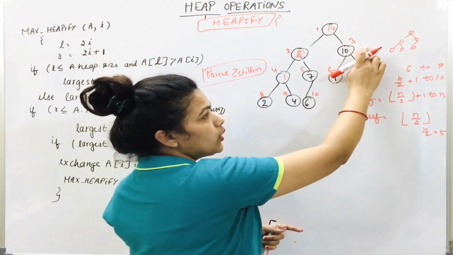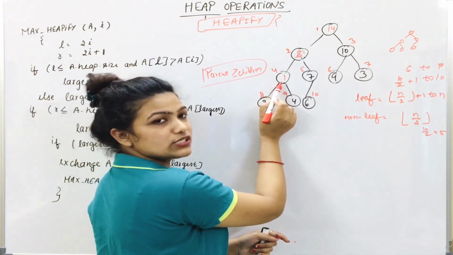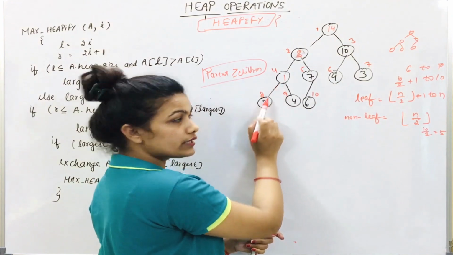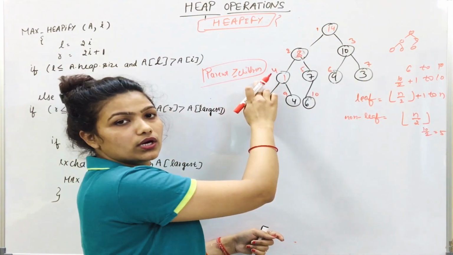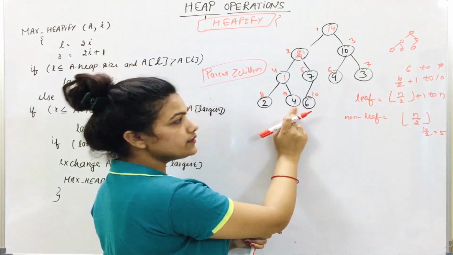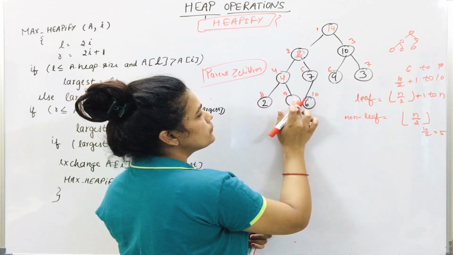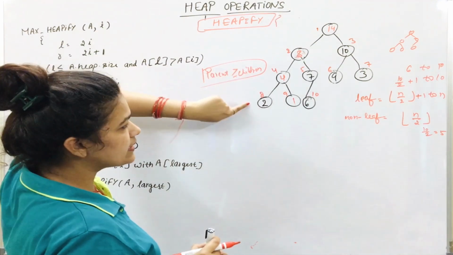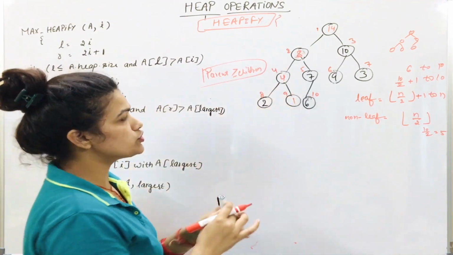Simple. Now we will move to the next index position, that is 4. Now here parent is 1, children is 2 and 4. Simply parent is smaller than its children. But what MaxHeap says, the parent should be greater or equal to children. Now which one is greater than that? 4 is greater. So 4 will go there and 1 will come here. Simply now you can see parent is greater than its children. This is okay. Now we will move to next index position.